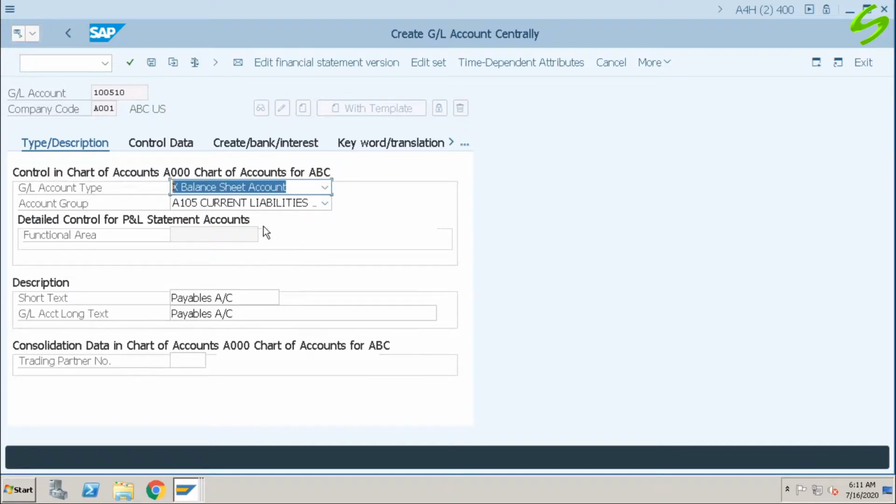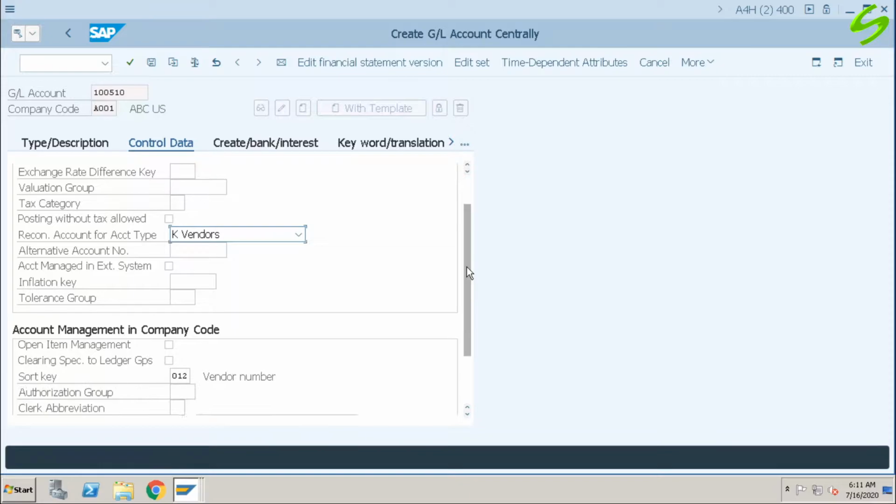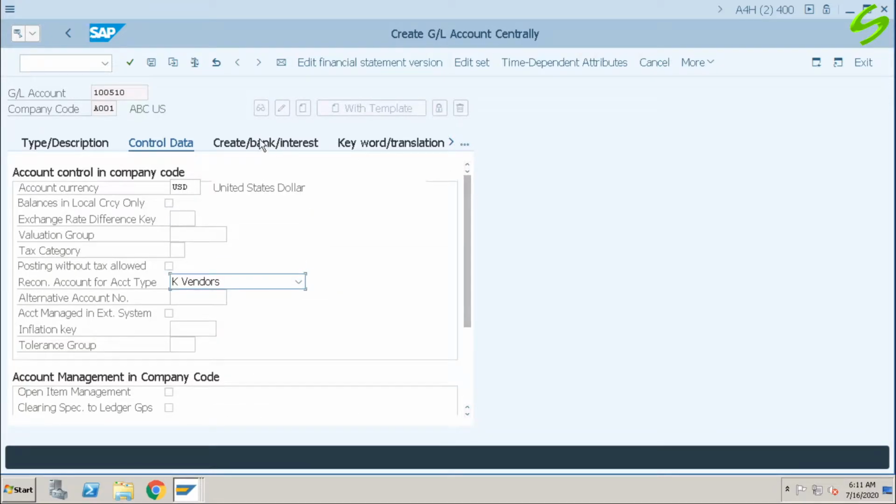Continue. This will be my advance to suppliers account. Control data. This is a reconciliation account. I'll select vendors, similar to our normal reconciliation account. This is good.